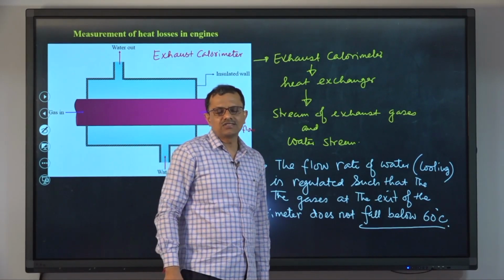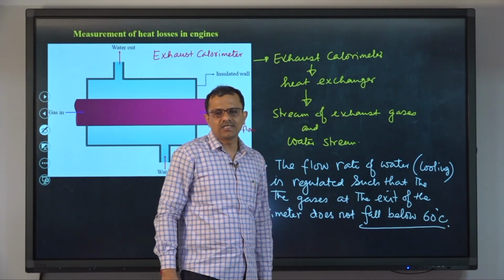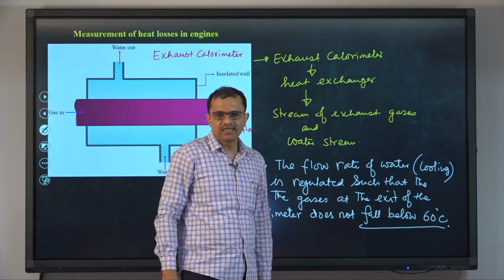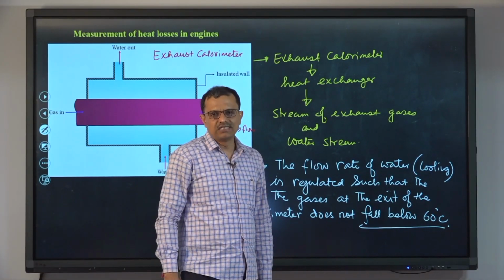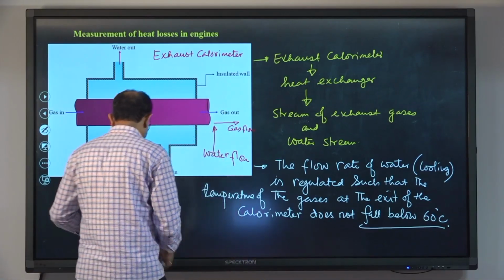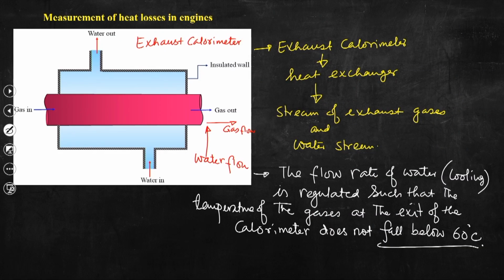So, certainly it is not advisable to let the temperature of the gases at the exit of the calorimeter go below 60 degree. Okay. So, if I go to the next line,